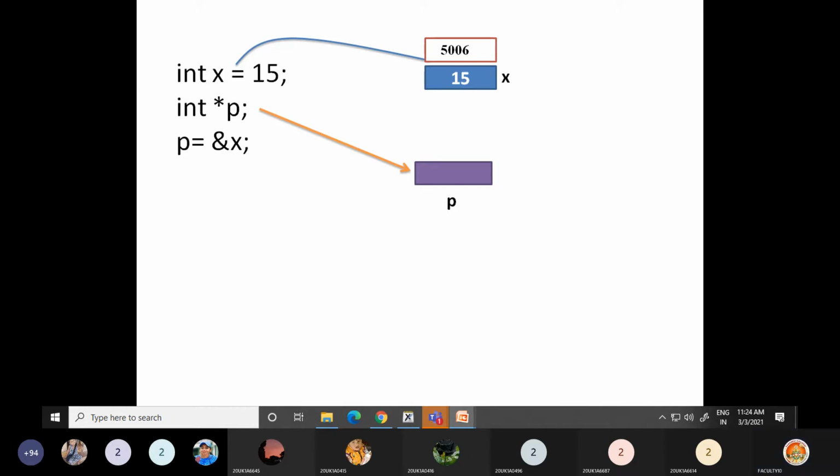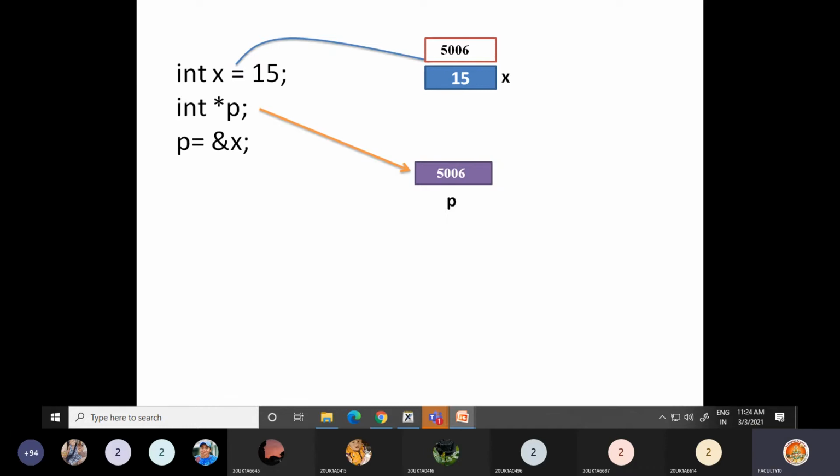Next, if I say p is equal to address of x, that means please store the address of x in p. What is the address of x here? 5006. Then that 5006 will be stored in p like this.